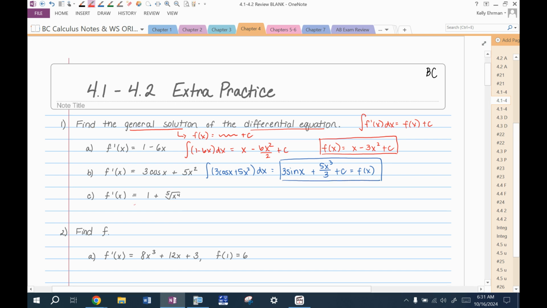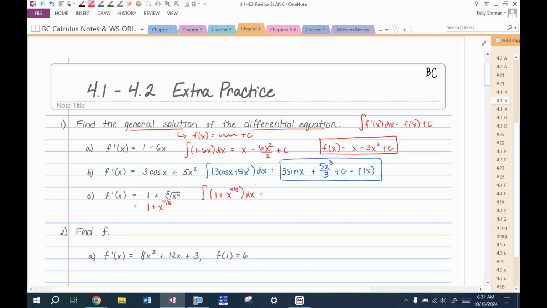For the next one, remember you can rewrite roots as exponents. It's usually easier to look at. So this is the same as x to the 4/5. So that's f prime. So we want to take the integral of 1 plus x to the 4/5